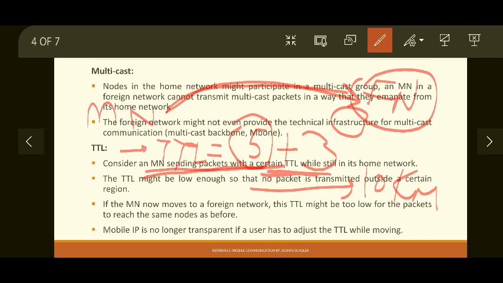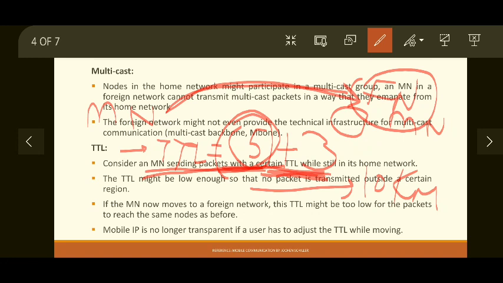Okay, I am repeating again. If TTL was originally 5, the mobile node must have thought that within 5 hops the packet should be delivered. Now if this TTL field is modified, that means someone is trying to deliver the same packet somewhere else, beyond the destination, because plus 3 means the packet should reach a further distance beyond that initially specified by the mobile node, and that is not keeping the semantics of the IP.